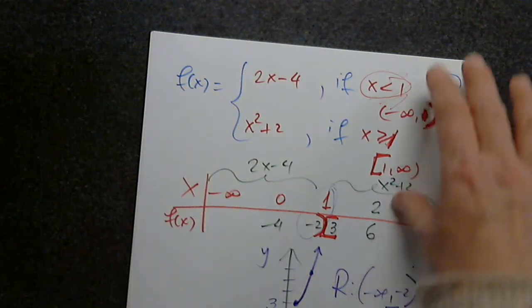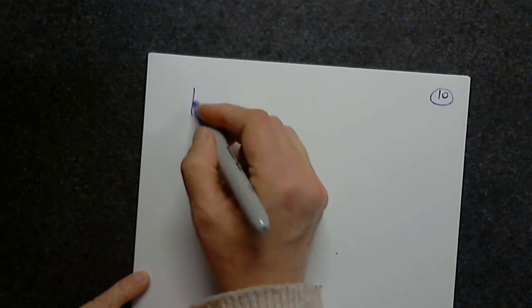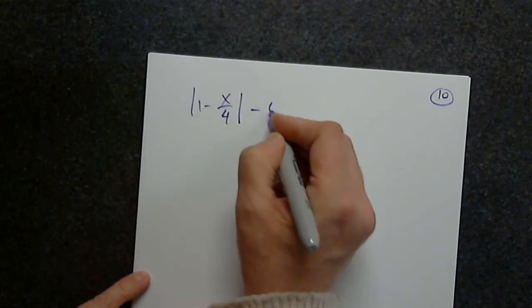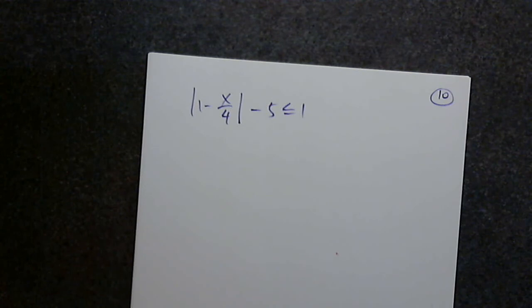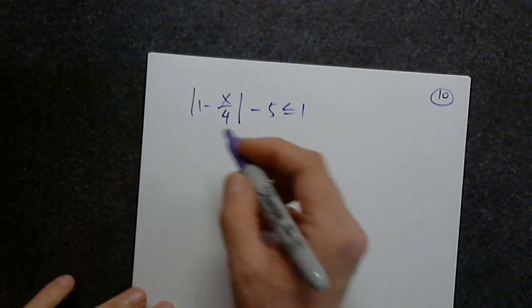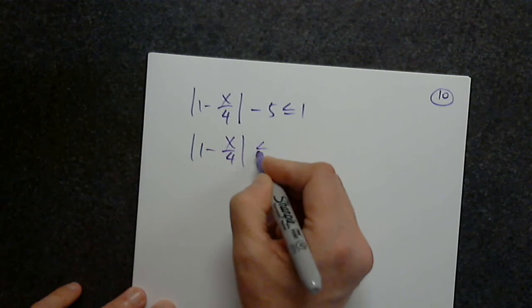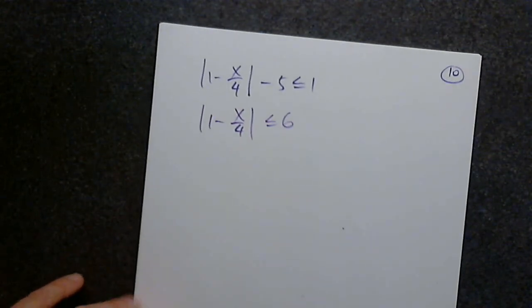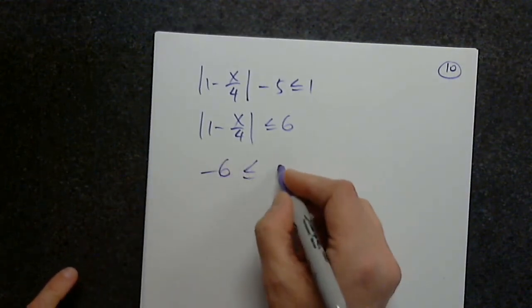So let's do that. The absolute value of 1 minus x over 4, minus 5, less than or equal to 1. So obviously I have to clean it up by moving 5. Less than or equal to 6. And remember, when it comes to absolute value inequalities, we only have two possibilities, either in between or outside. And this is the in between, because it's less than. So the in between means negative 6 less than or equal to